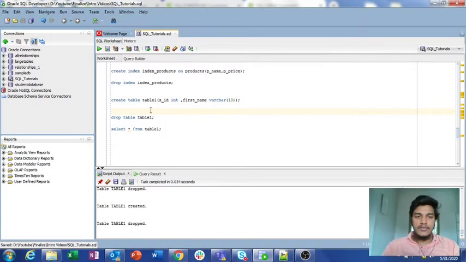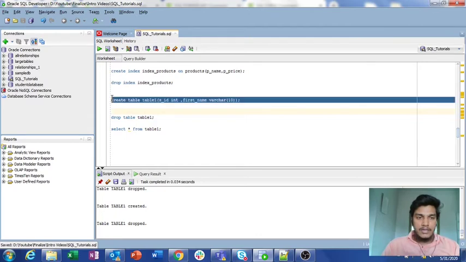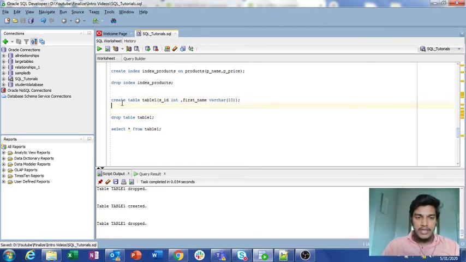Okay guys, previously we have seen this table, this is the query for creating a table. Create table 1, the first column is s underscore id and the second column is first underscore name. Now I want to enter a salary here, which is also an integer. I want to check some basic conditions here. First of all, I want to run this query for creating a table, and I want to insert a few rows here.